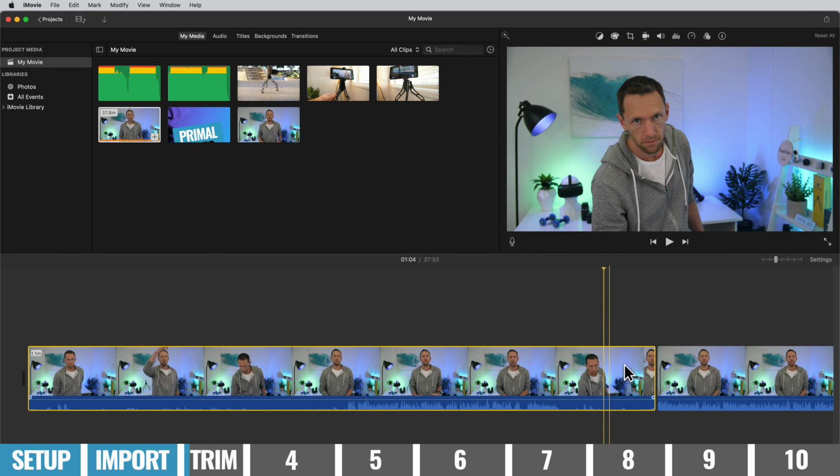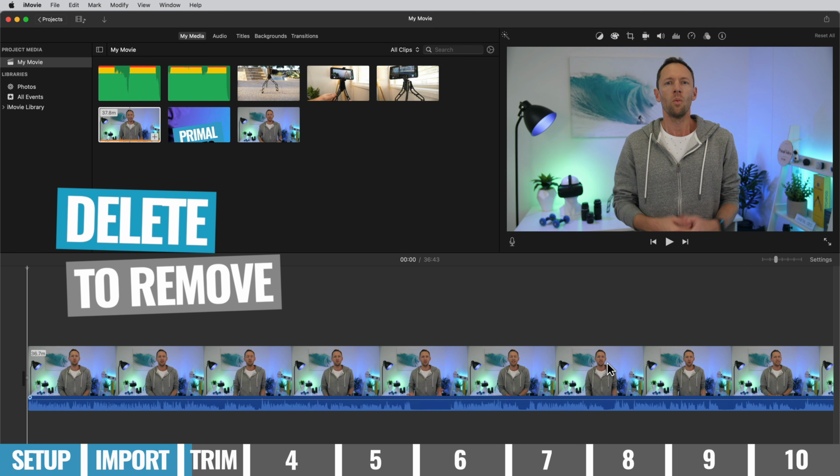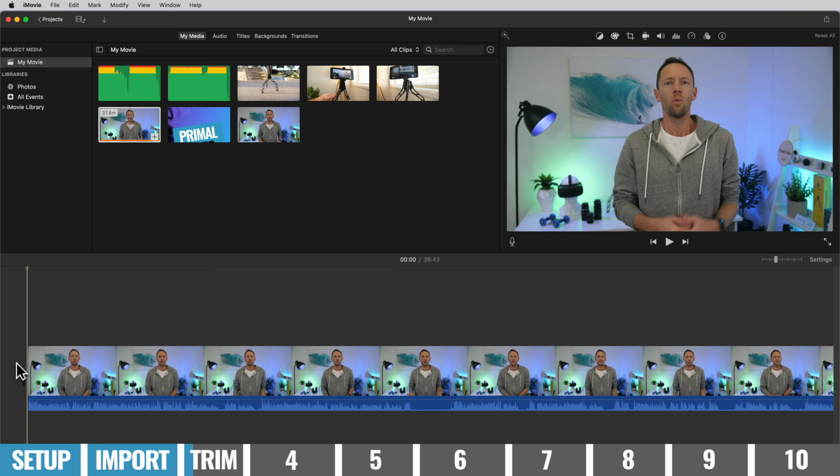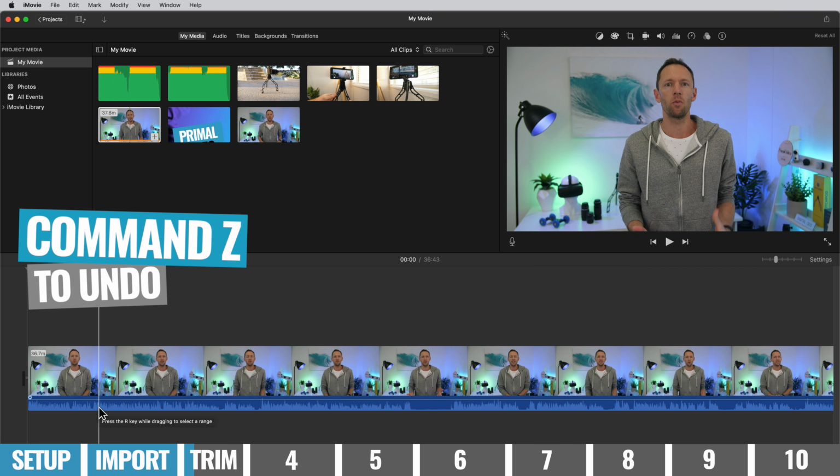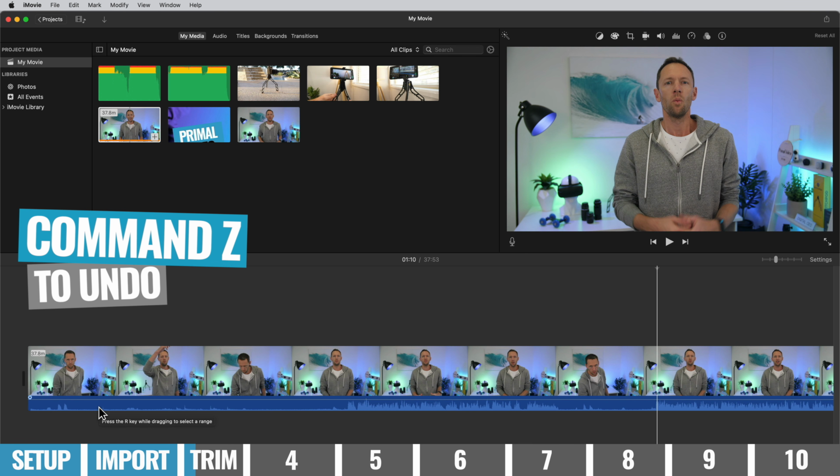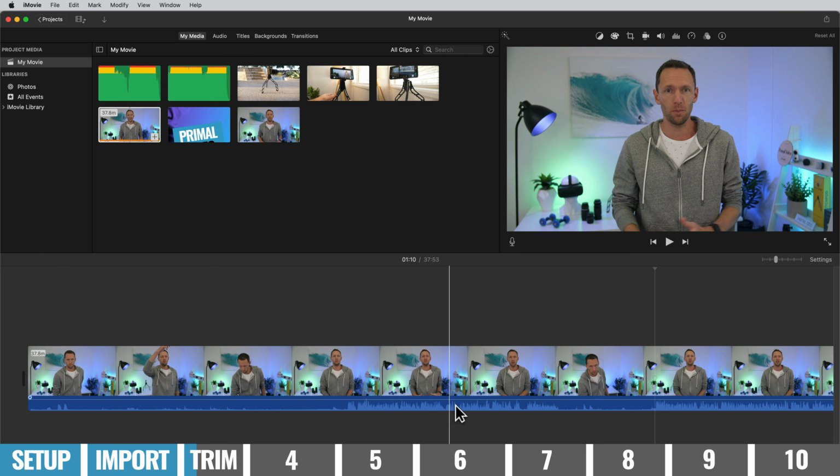So I now have a left clip and a right clip. We can remove this first one by pressing Delete on the keyboard, and now our video starts right at that point. Now if I undo this, Command-Z, Command-Z, another way that we can do this is by selecting our